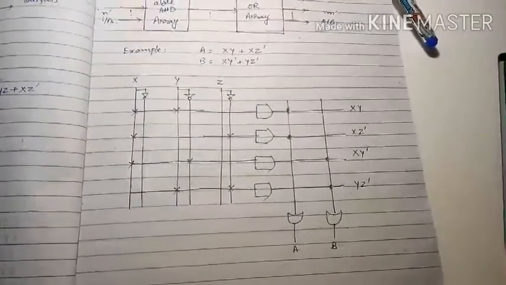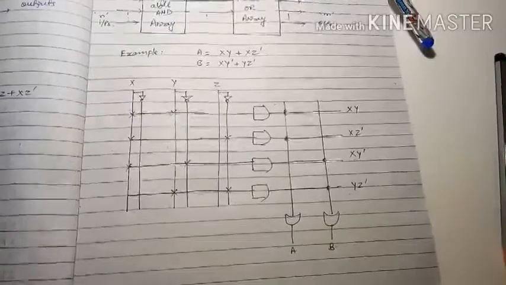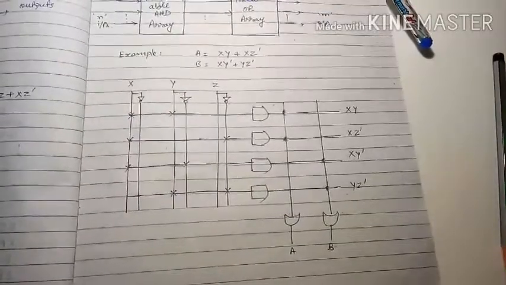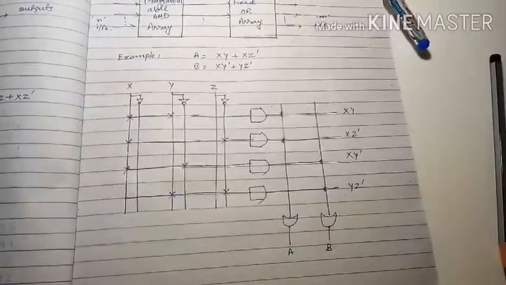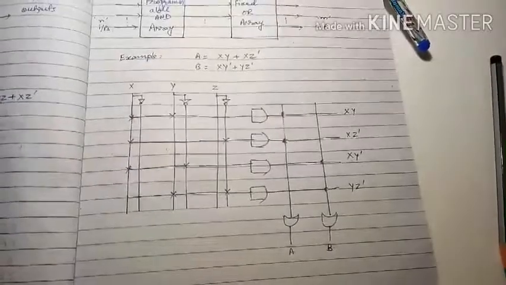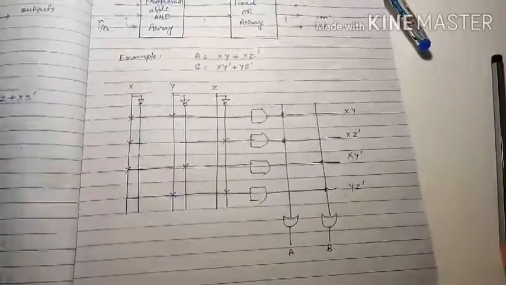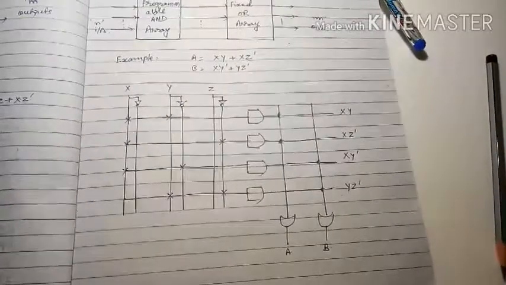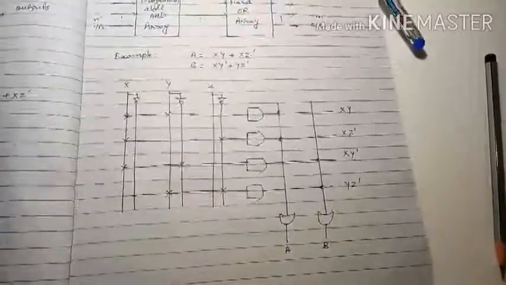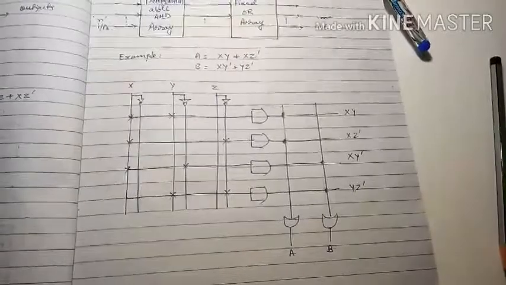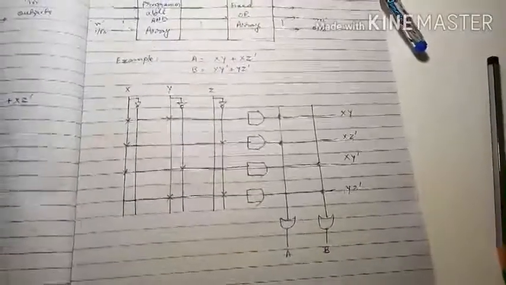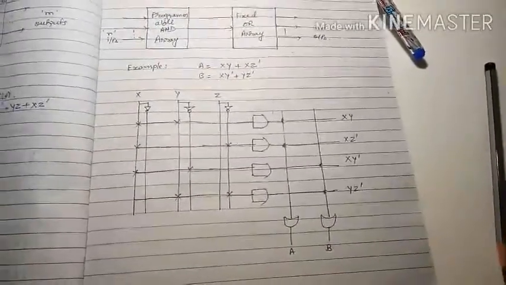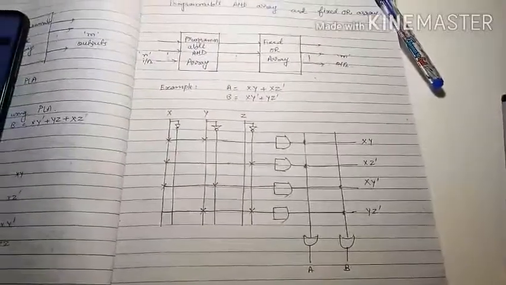Here the inputs of the OR gates are of fixed type, so the necessary product terms are connected to the input of each OR gate, so that the OR gate produces the respective Boolean function. The dot symbol is used for the fixed connections. So in this way you can implement various Boolean functions